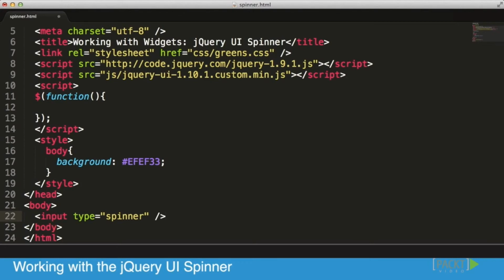Now, we want to give it a name so we could access it, so I'm just going to give it an ID so I could easily fetch it from our function. By the way, obviously, if this was something that would be submitted in a form, then it would have to have a name as well. So the information would be then sent in the post or the get to the server to give it basically a variable name that's being sent out. But let's give it an ID, and the ID that we're going to give it is